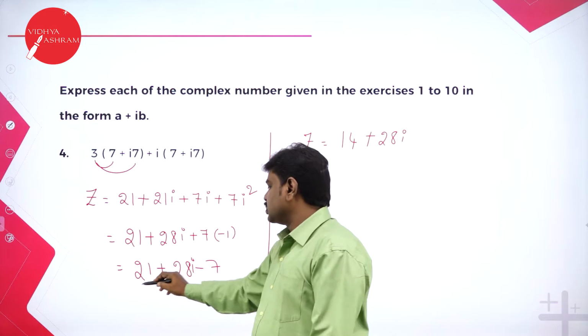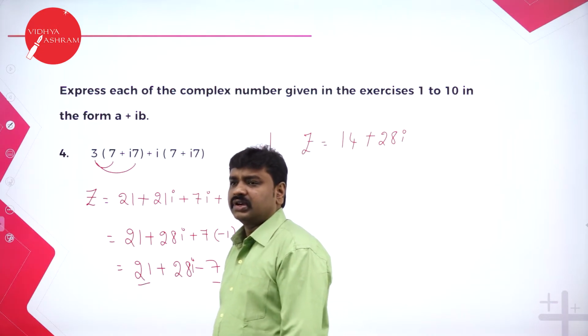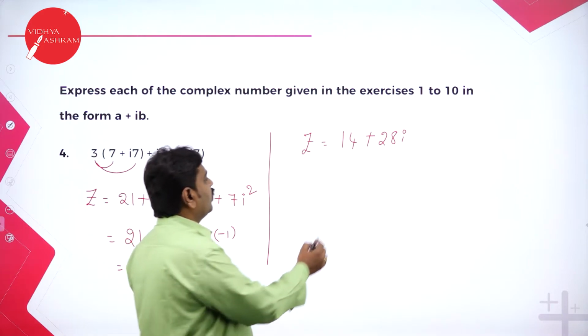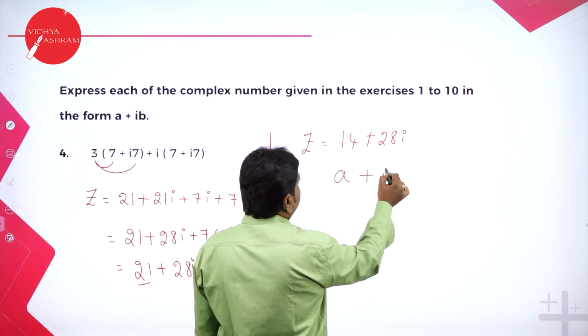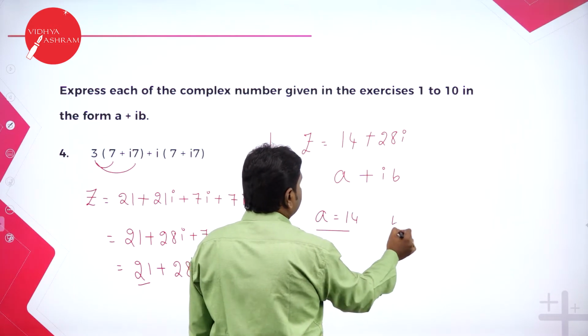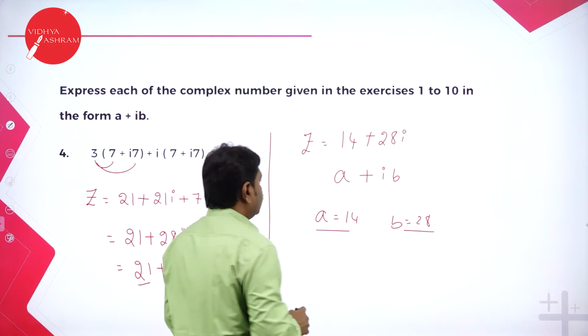Now it is in a plus ib form. So these two are numbers, 21 and 7. Subtract them and you get 14, and 28i we have. So now it is in what form? A plus ib form. What is a and b? So a is 14 and b is 28. Next we have